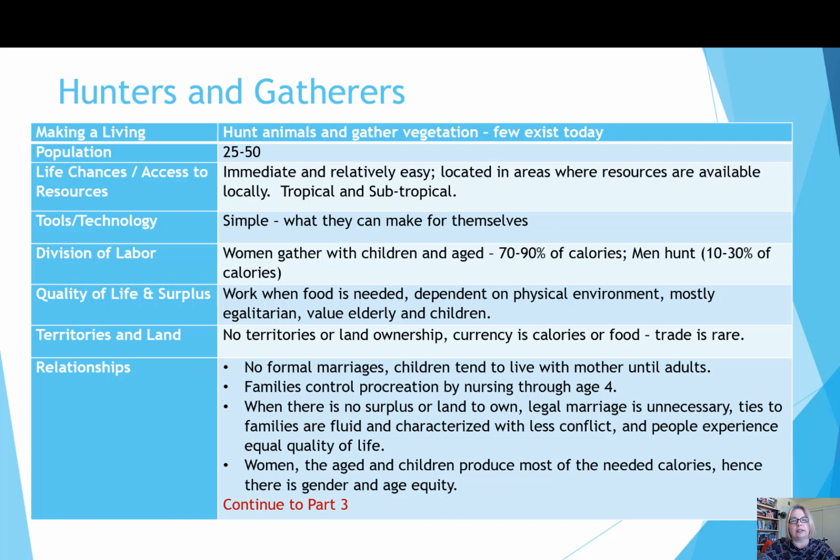So now, as we've talked about this first hunting and gathering society type, hopefully you're starting to get a sense for the fact that the way that we make a living can have a very significant impact on how we live our lives and how our society